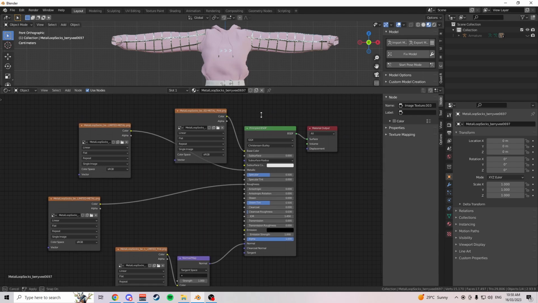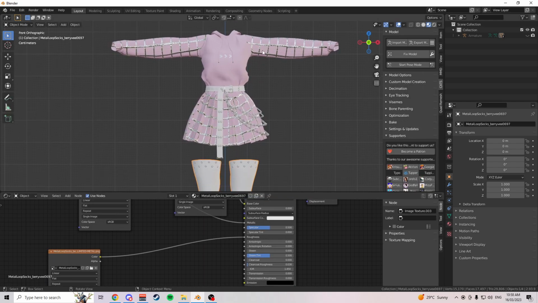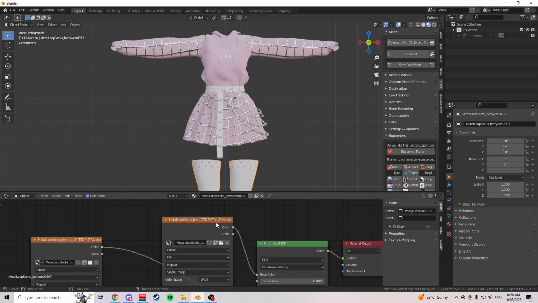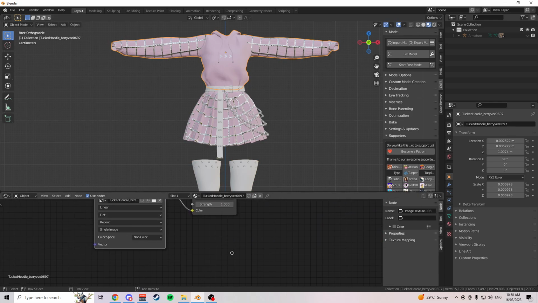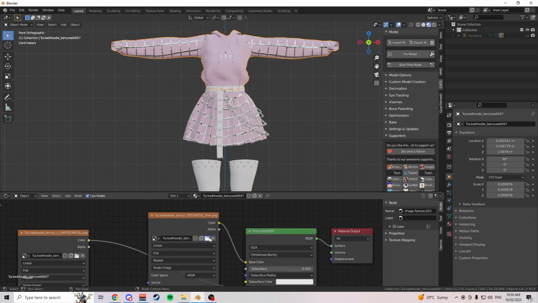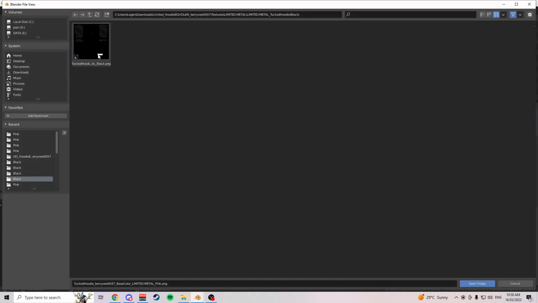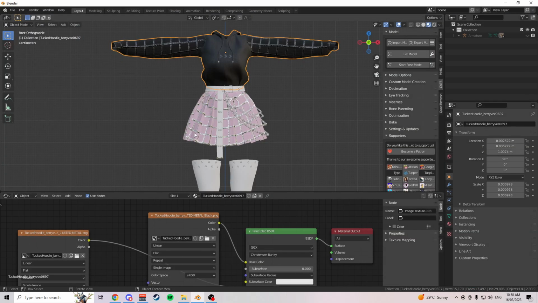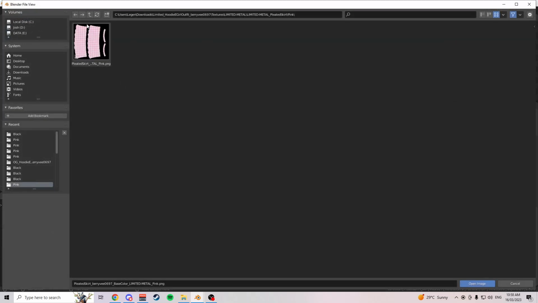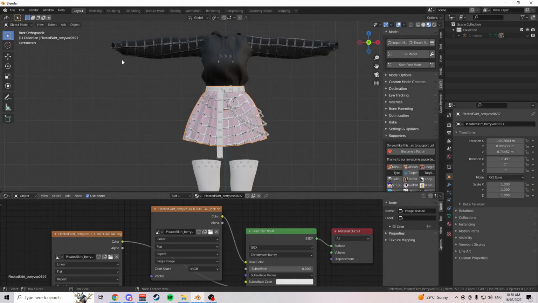So let's say, just so we can recap it, if you wanted to change this to the black version I offer, you just go to the base color. So let's select this and go to base color, which is this one. Then you just want to change it to the black version. There you go. And same with skirt, you select the skirt, base color, open it, go back, click on black,